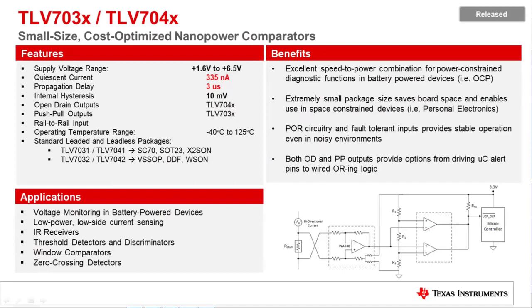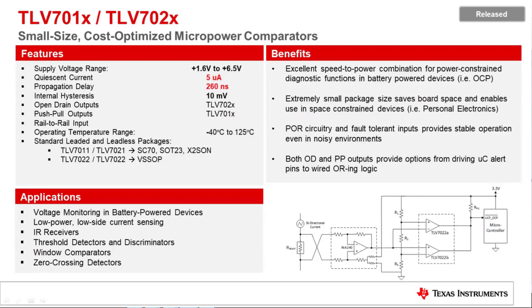This family here is quite recent. It's about 1.5 years old. It was the first family to include this circuitry. And it's proven to be very, very effective just for designers to have peace of mind, right? So okay, my output will stay here. I don't have to worry about power sequencing when I'm using a device like this.